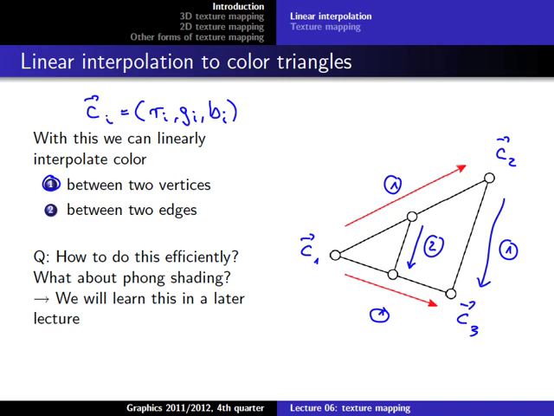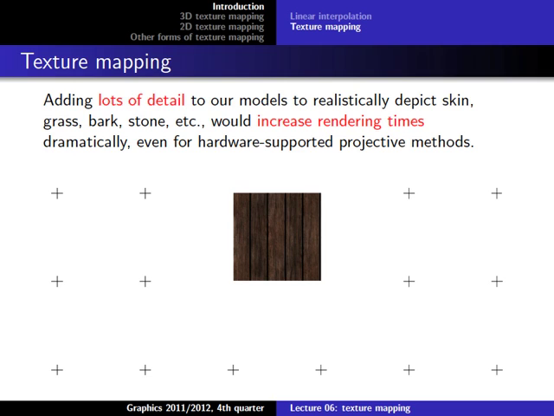So we see here that we can create triangles, how we can put color on those triangles, and of course if we make the triangles significantly small, then we can model all kinds of things with it, so we can create some very realistic images with it. The problem is, of course, if we have a very complex structure, a very complex image, in theory we could model this with very small triangles. So for example, if we have this wooden structure here, we could, of course, model this with triangles by making the triangles small enough, but it would not be very efficient to do this